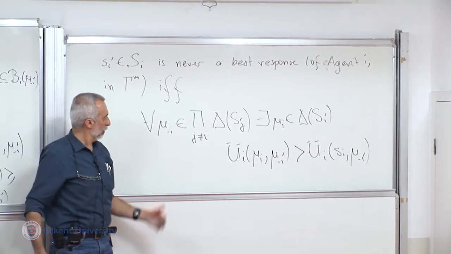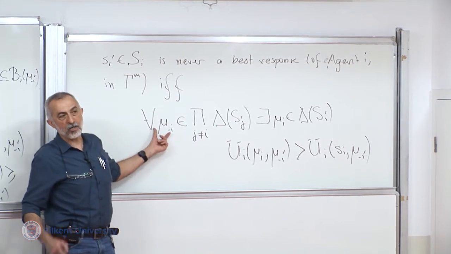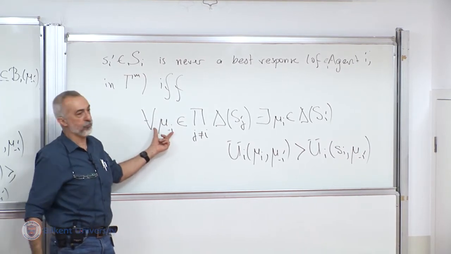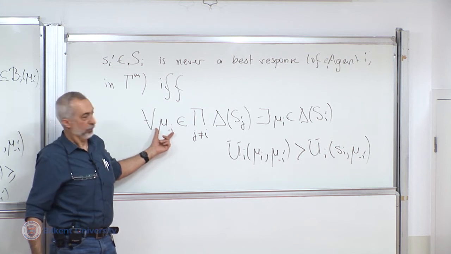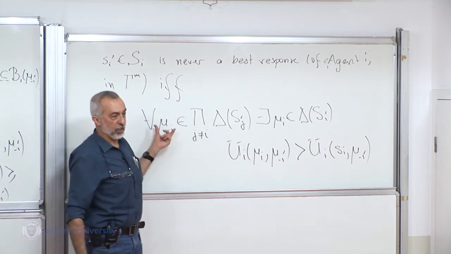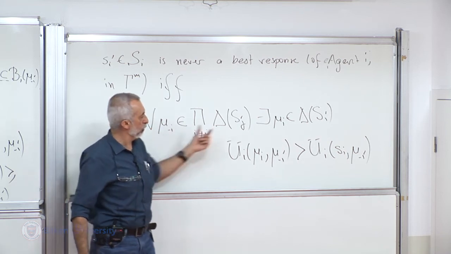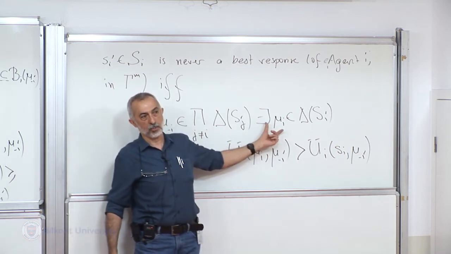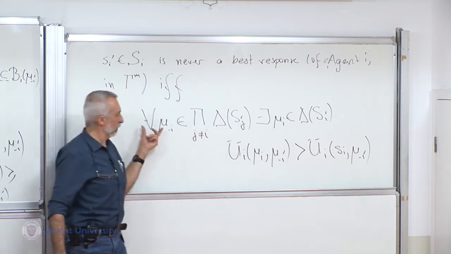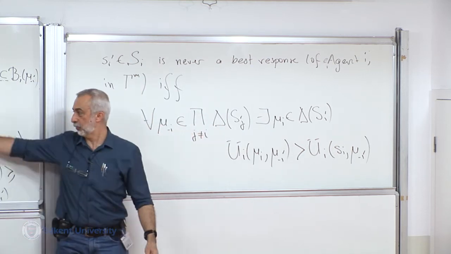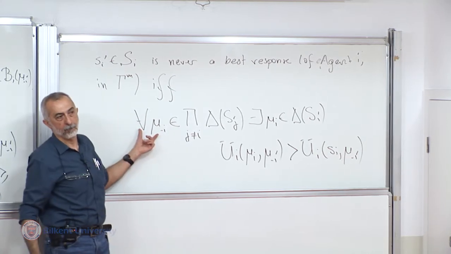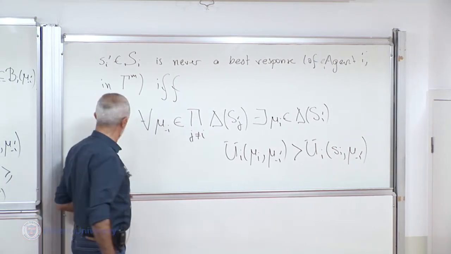You have to check this for every mixed strategy profile of the opponents. And for every mixed strategy profile of the opponents, you have to show that he has a mixed strategy. So this doesn't look like something easy to check. One might say, I'd rather check this than check this. Okay? Fortunately,